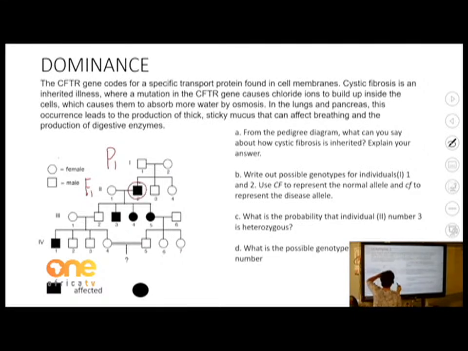The other 2 do not have cystic fibrosis. So this offspring did inherit cystic fibrosis, and here they tell me I must use CF. So this individual, number 2, did inherit the genes. So I will say cystic fibrosis is a